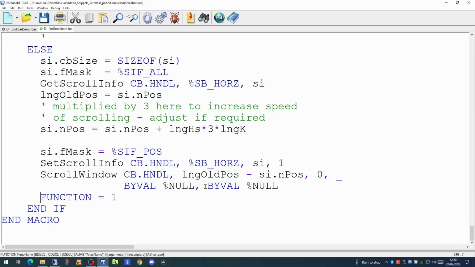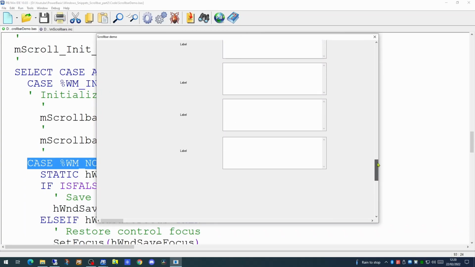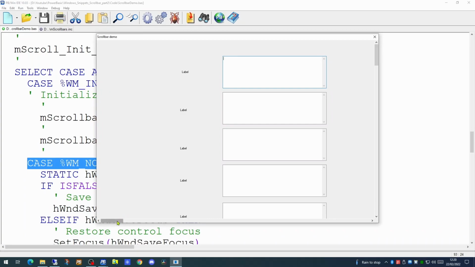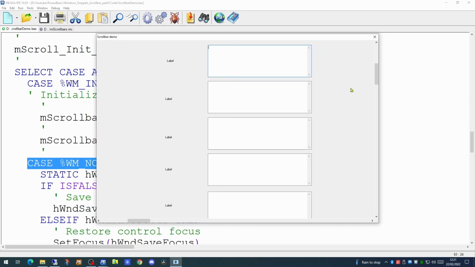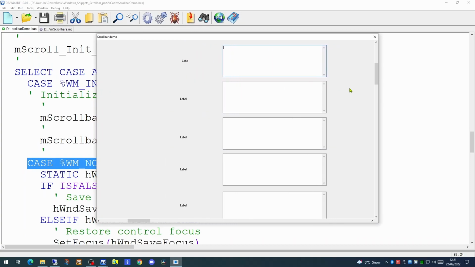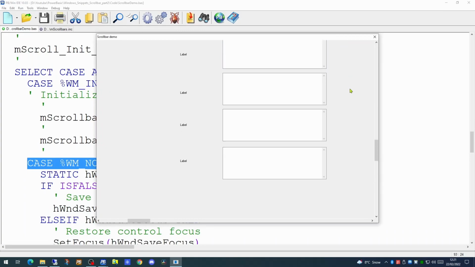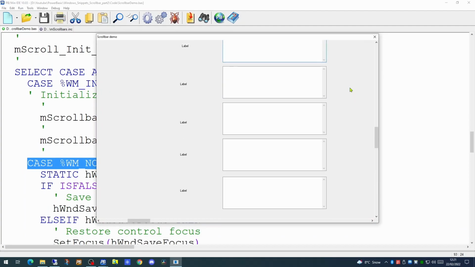We don't have to make any further changes to the main code because it's still using those macros, and all our changes have been in the macros file. So our application runs quite happily with the text boxes on screen. We can still scroll up and down using the thumb or widget on the scroll bar, and left and right. And now if we click on the middle mouse button underneath the scroll wheel, one click will allow you to change the direction from up and down to left and right, and a further click will allow you to change to up and down. So now you can scroll entirely without having to move the mouse, just using the mouse wheel.